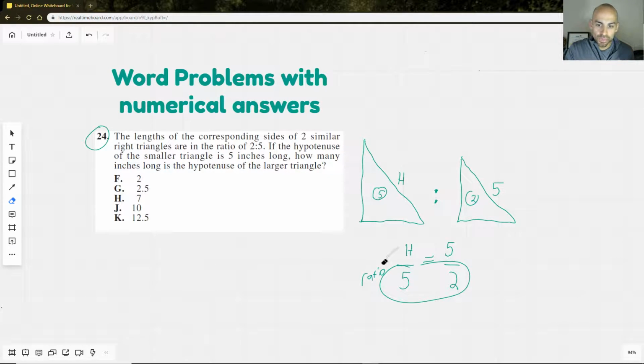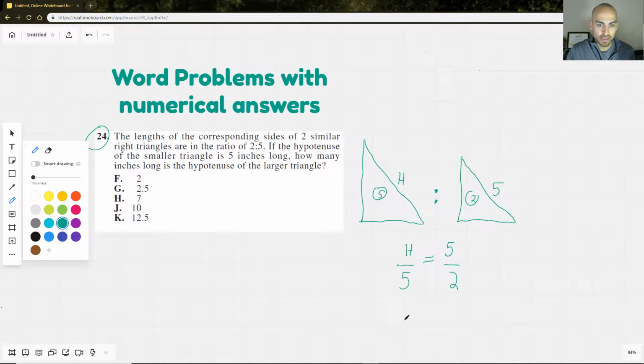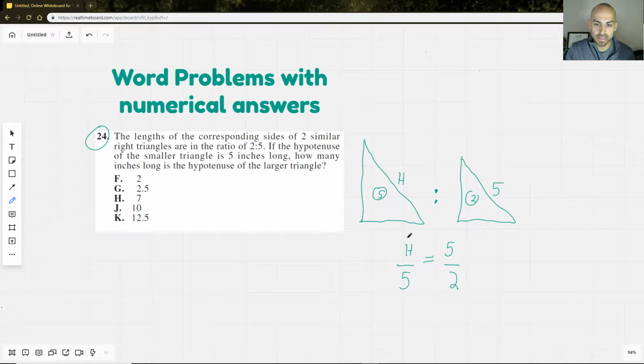Okay, so with that all explained, you don't have to go through all that actually on test day. I just want to make sure that you understand my thought process. Is, okay, we have two fractions equal to each other, classic cross multiplication here. Okay, and what I see is I'm going to start with 5 times 5 because that's easy for me. I see that's 25, and then h times 2, that's just 2h. If I want to get h by itself, I'm going to divide both sides by 2. Now, that means that h